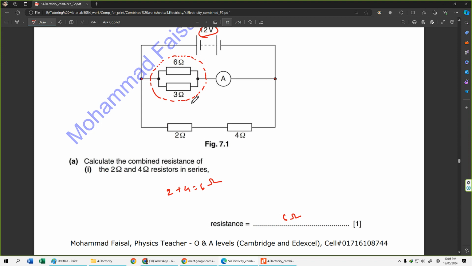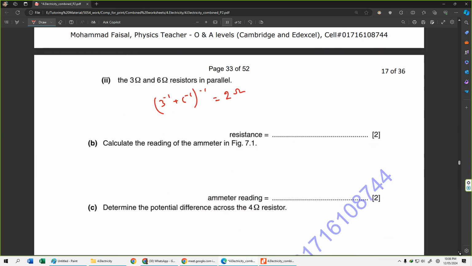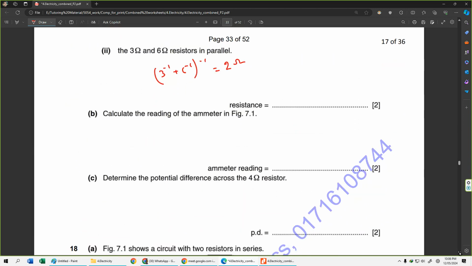এইটুকু টোটাল ভোল্টেজ রেজিস্ট্যান্স পেয়েছি 2 ohm। তাহলে শুধু এই অ্যামিটার রিডিংটা হবে 12 divided by 2, that gives you 6 ampere। সো অ্যামিটার রিডিংটা করেন। অ্যান্ড লাস্টলি সি নাম্বারে গিয়ে আমাদের পটেনশিয়াল ডিভাইডারের ফর্মুলাটা অ্যাপ্লাই করা লাগবে। সি নাম্বারে বলছে ডিটারমাইন দ্য পটেনশিয়াল